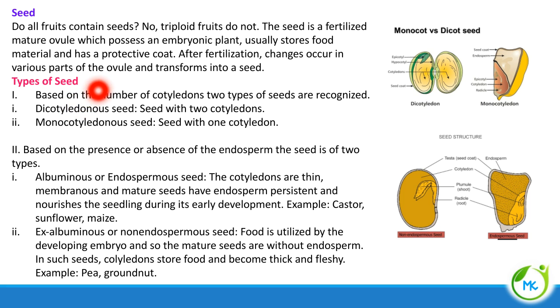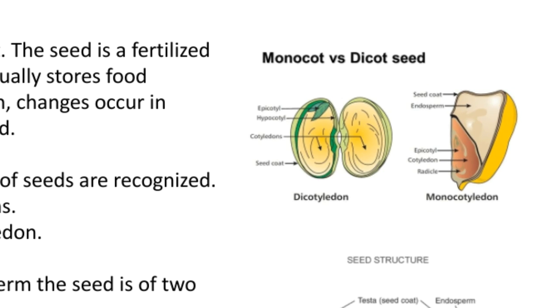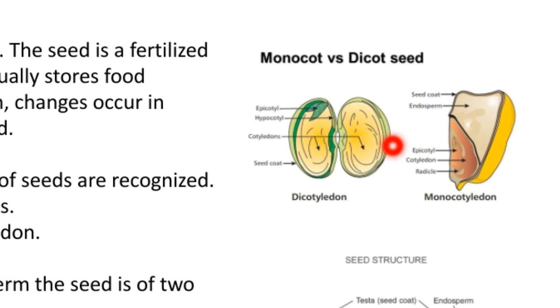Let's see the types of seed. Based on the number of cotyledons, 2 types of seeds are recognized. Number 1, dicotyledonous seed, seed with 2 cotyledons, and monocotyledonous seed, seed with 1 cotyledon. Cotyledons are nothing but the first formed leaf-like structure. Those that possess 2 cotyledons are referred to as dicotyledon, and those that possess only 1 cotyledon are referred to as a